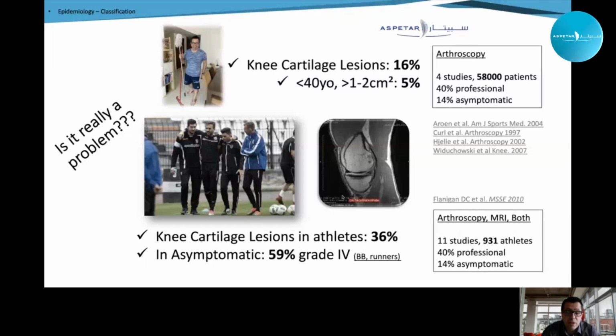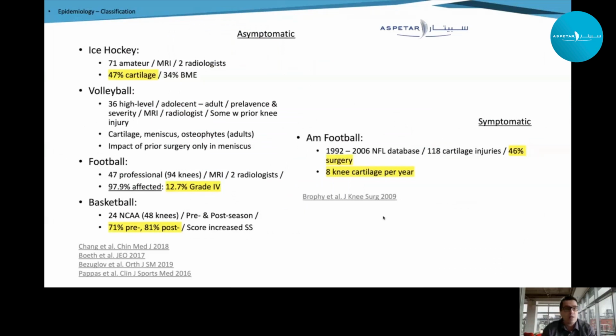They do have knee cartilage lesions in arthroscopic evaluation, and 14% were asymptomatic, as I stated before, and up to 50 to 60%, especially basketball players and runners in this study, were asymptomatic, I would say, having grade 4 lesions. So epidemiologically,